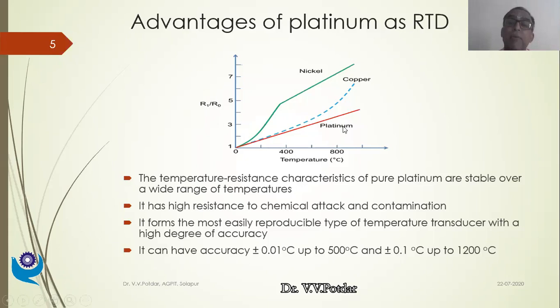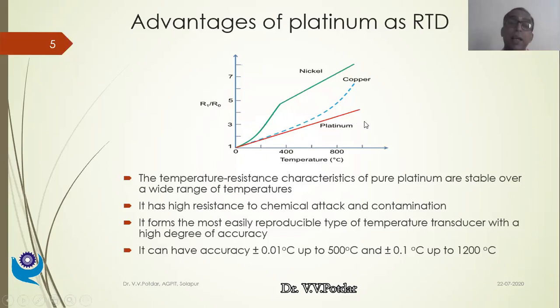As you can see from the graph, if platinum wire is used as a material for a resistance temperature detector, right from 0 degrees Celsius up to 1000 degrees Celsius, it provides me a linear relationship. What do you mean by linear relationship? It is nothing but a proportionate relationship. So corresponding to a temperature of 200 degrees, I'll have a resistance ratio of, let us say, 1.5, and at 400 degrees, I'll have almost double that value. So I have a proportionate increase in resistance.